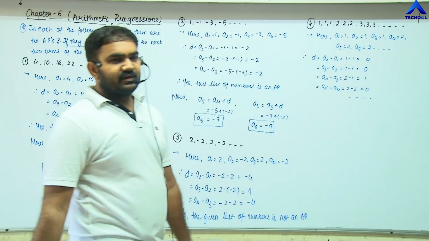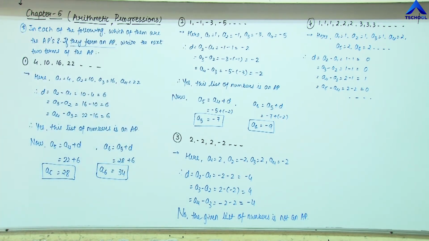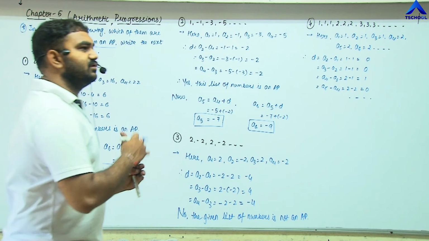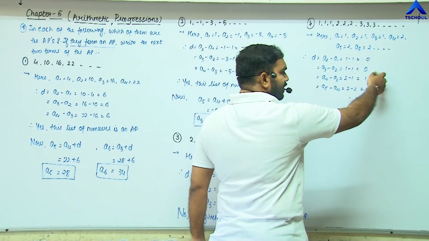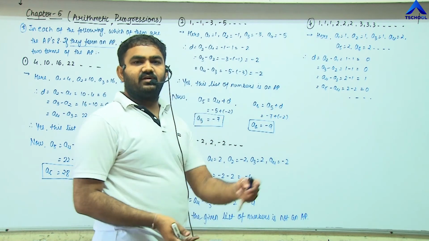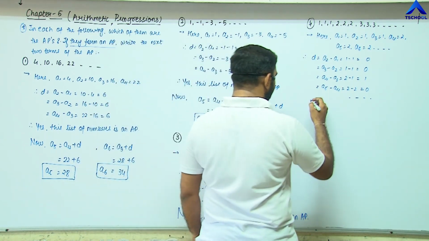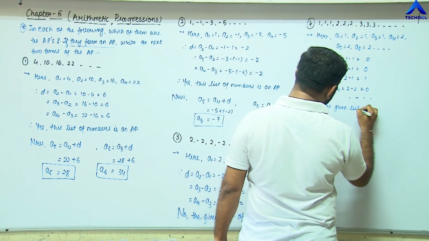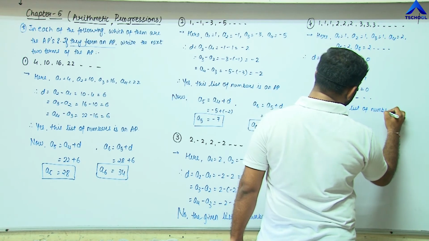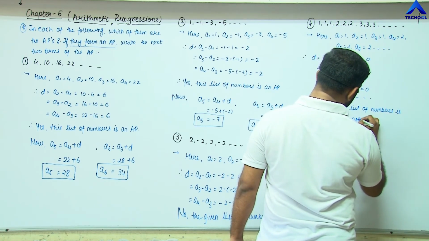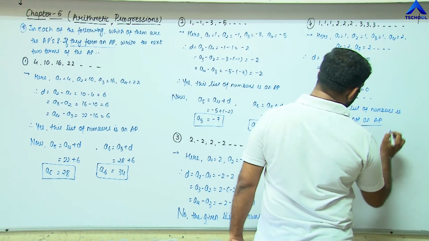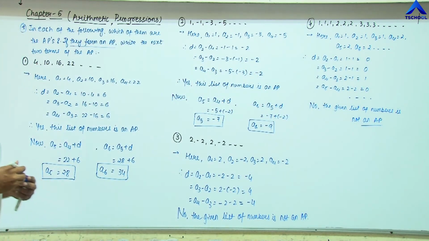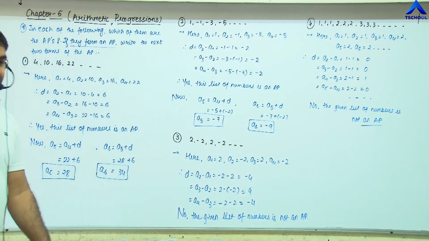So friends, you can clearly see that whenever we go up to the two differences, then the third difference is changing from 0 to 1. That means 0, 0 and 1. Again you will find that the next two differences are 0, and the third difference will again be 1. So clearly, no, the given list of numbers is not an AP, right? So in this way you can identify whether the given list of numbers is an AP or not. Is it clear friends? Right?